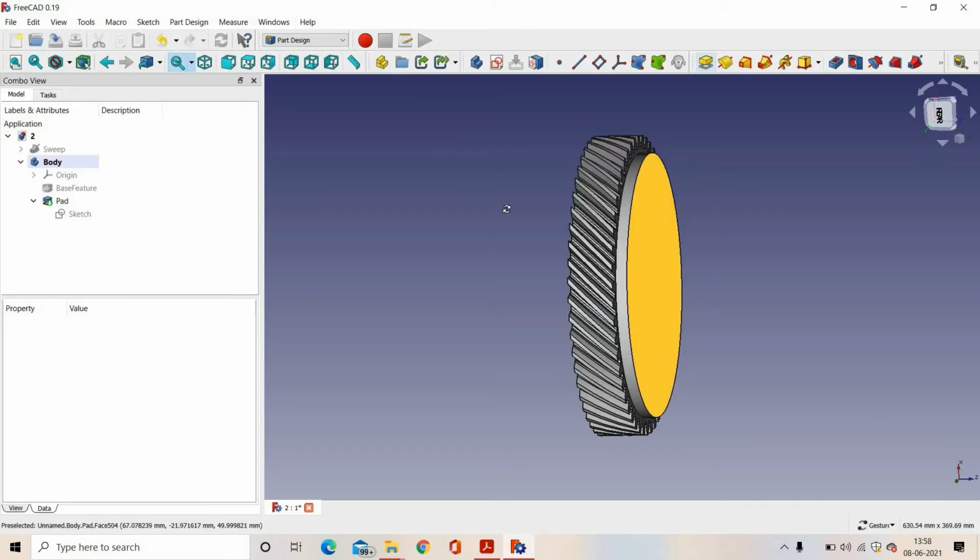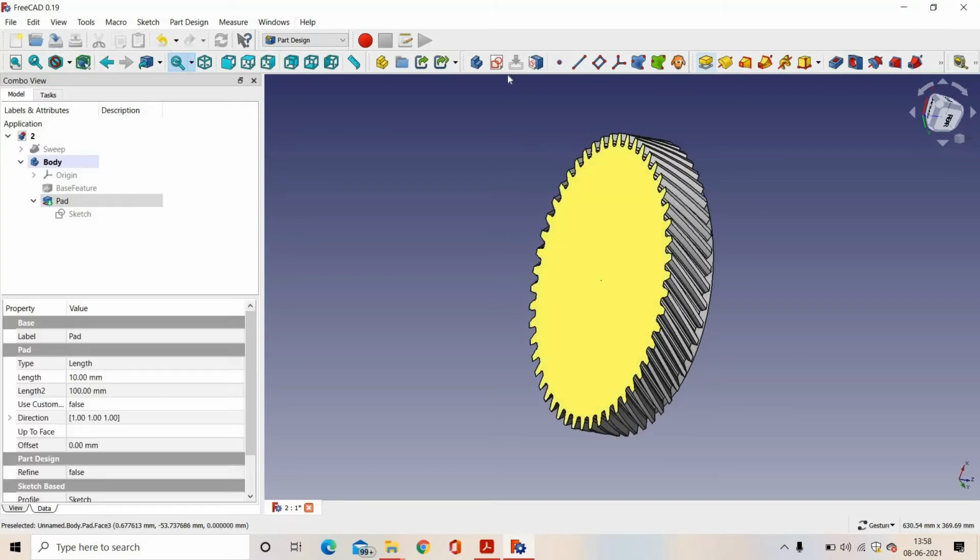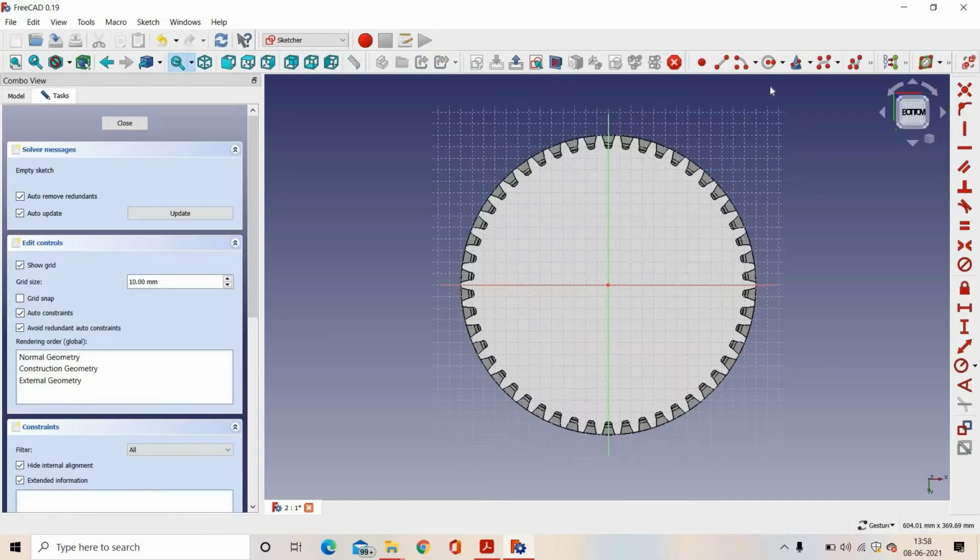On the face opposite to this one, here we will draw two circles. We will give dimensions to these circles.